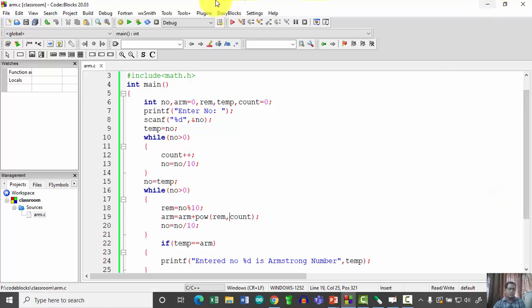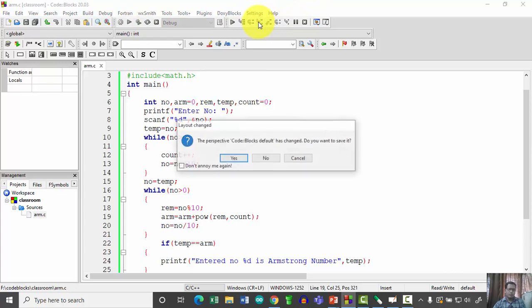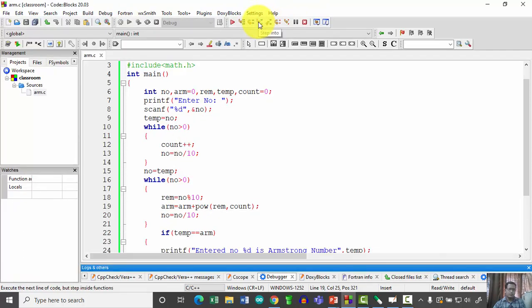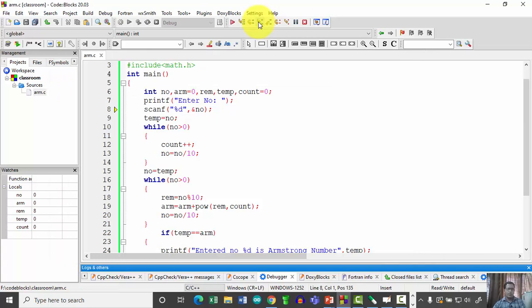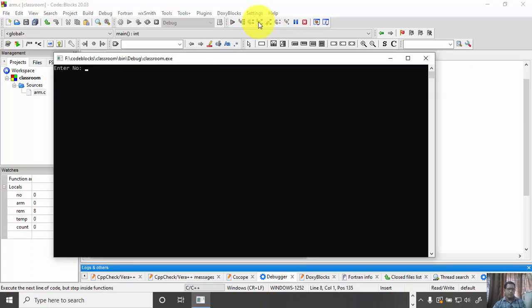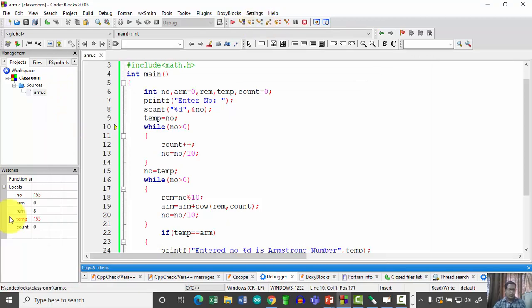Okay, so let us cross check this. Going to enter number, say 153. The value for temp is now 153. Number ARM is 0, REM with some garbage value, and count is 0.